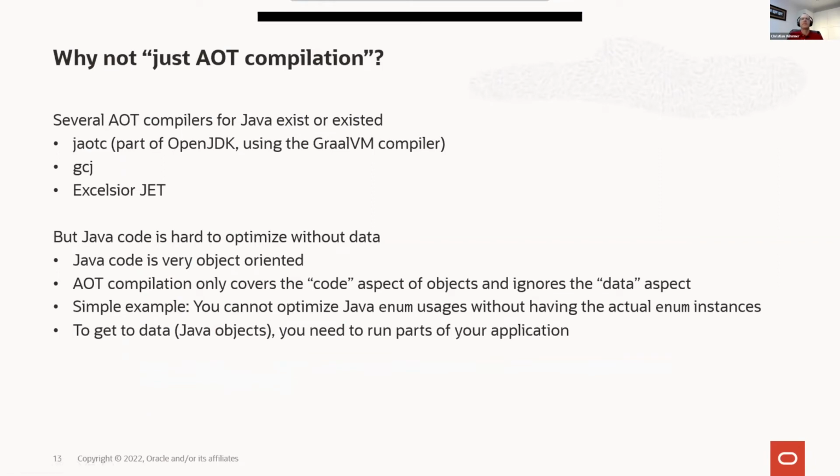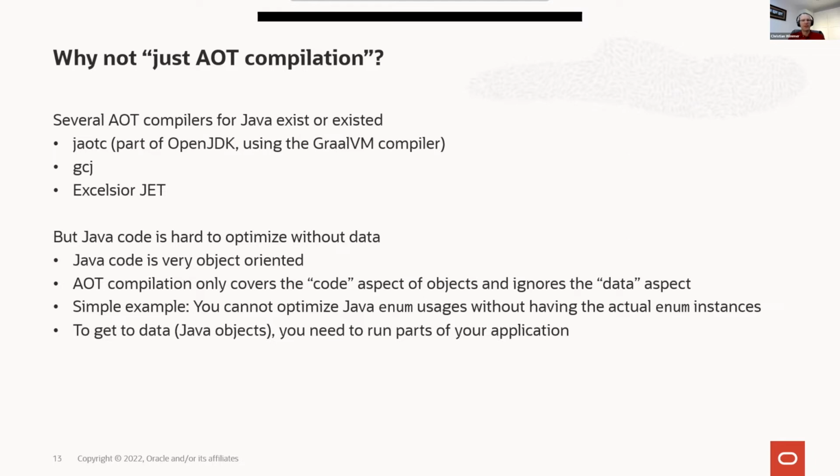But now back to our programming model. Why did we come up with that? And why not just do ahead of time compilation? First of all, of course, several pure AOT compilers for Java existed. There's JAOTC, which used to be part of OpenJDK. Actually, with the latest version, it got removed again, which is using the GraalVM compiler for pure AOT compilation of Java. There was, of course, the GNU compiler for Java. There was Excelsior JET, and